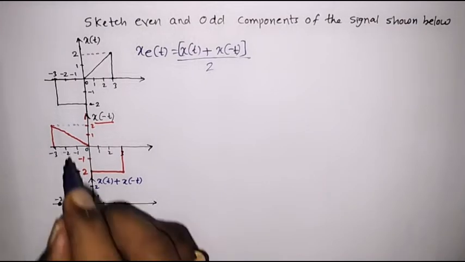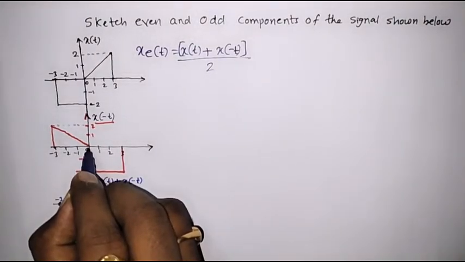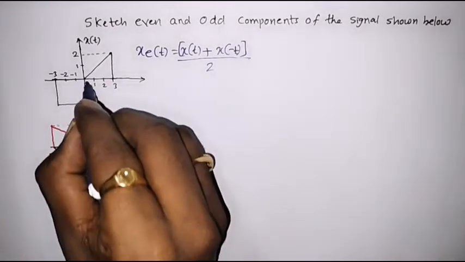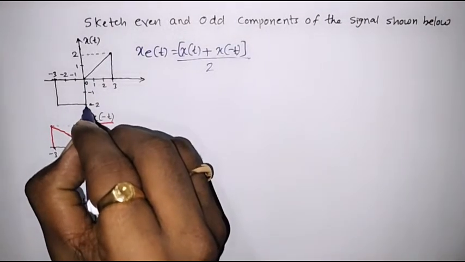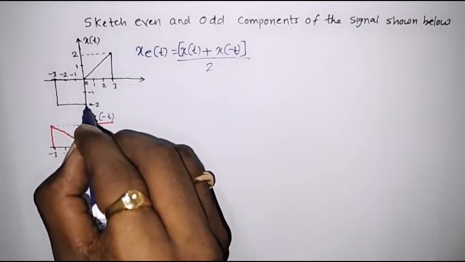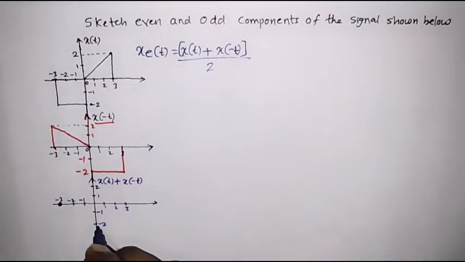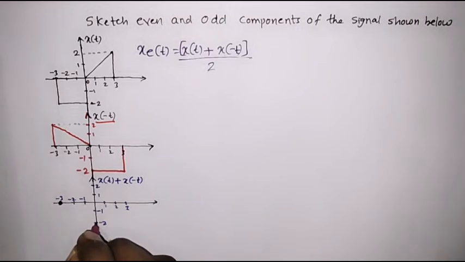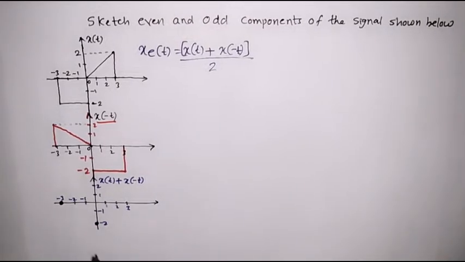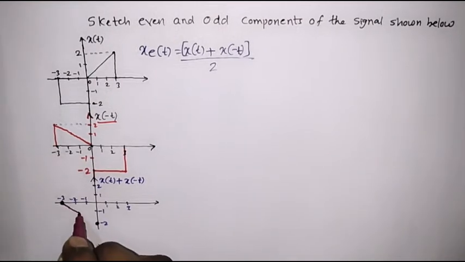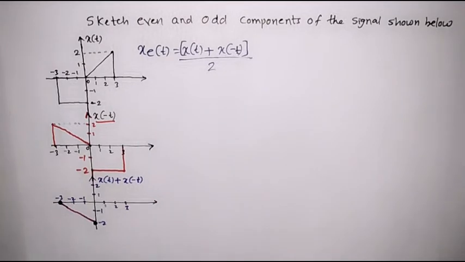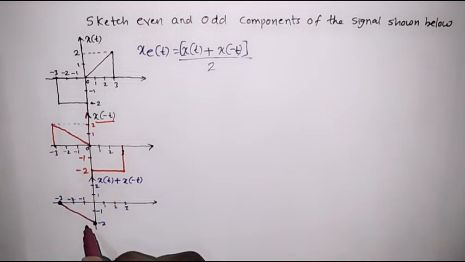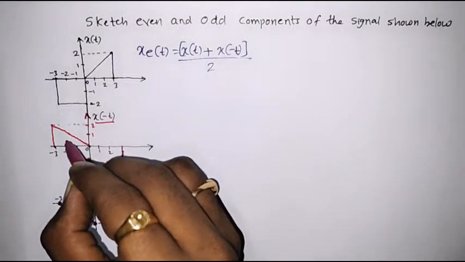Now, at t equal to 0, the amplitude of this signal is 0, and here at t equal to 0, the value is minus 2. So when we add minus 2 with 0, we will get minus 2. So here the point is at 0, the amplitude value is minus 2. Now we are supposed to add this point with this point. I'll add these 2 points. So this is the resultant waveform when we add this part with this part.